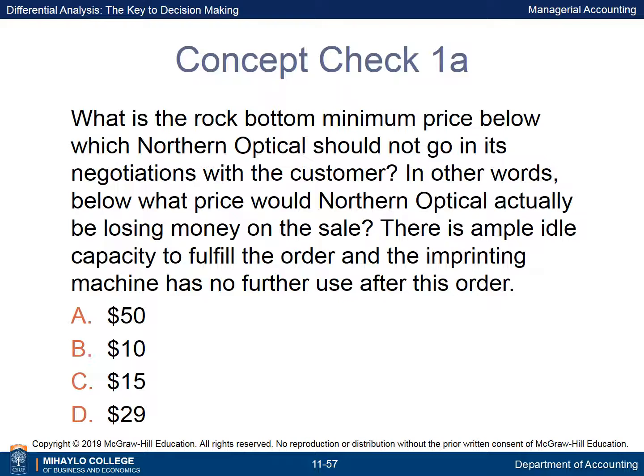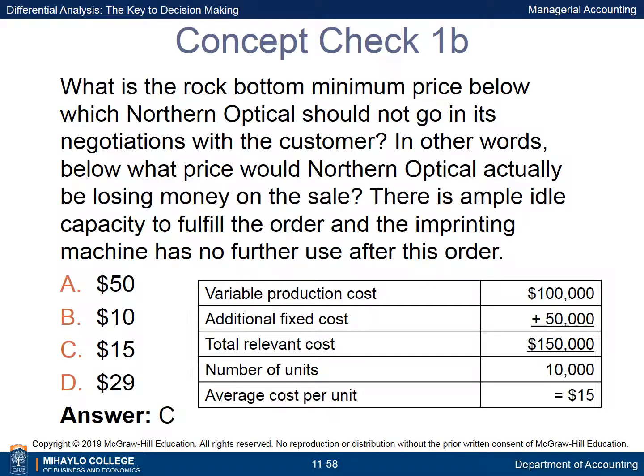Assuming Northern Optical has ample idle time to fulfill the order and the imprinting machine has no further use after this order, what is the minimum selling price the company can accept without losing money on the sale? The variable production cost is $100,000 and the additional fixed cost is $50,000, making the total relevant cost $150,000. Dividing the relevant cost by the 10,000 units shows the average cost per unit and minimum selling price is $15